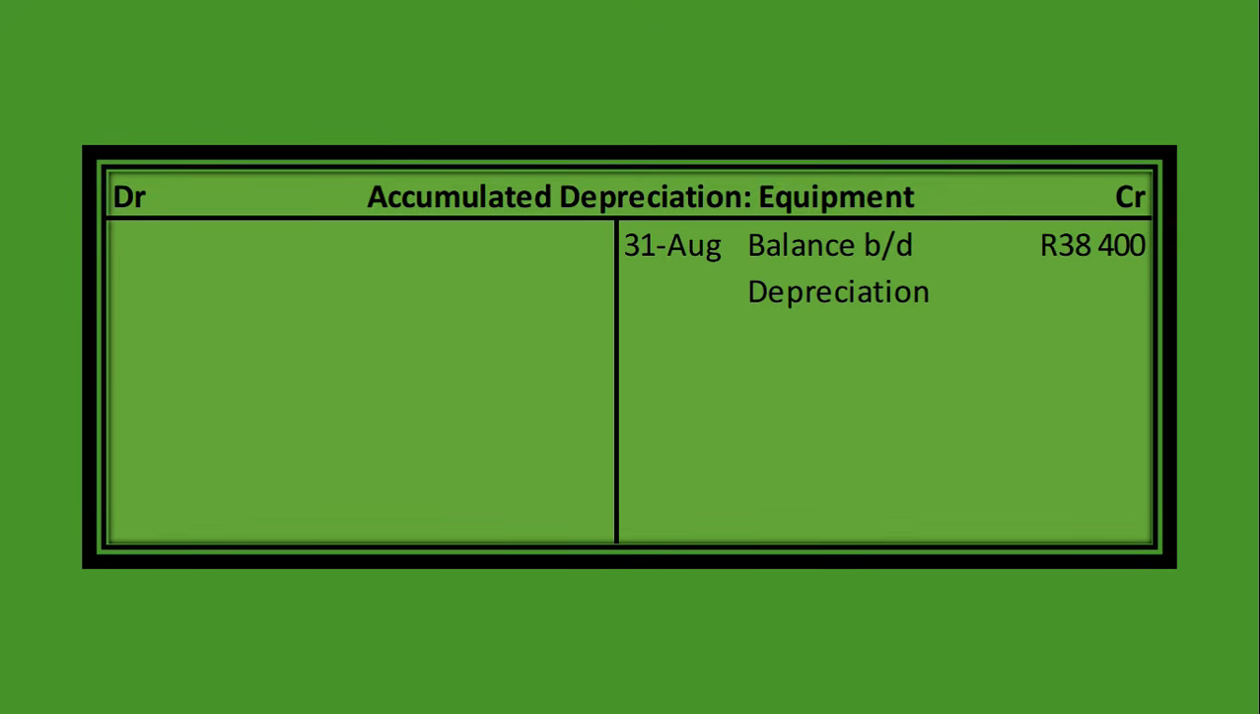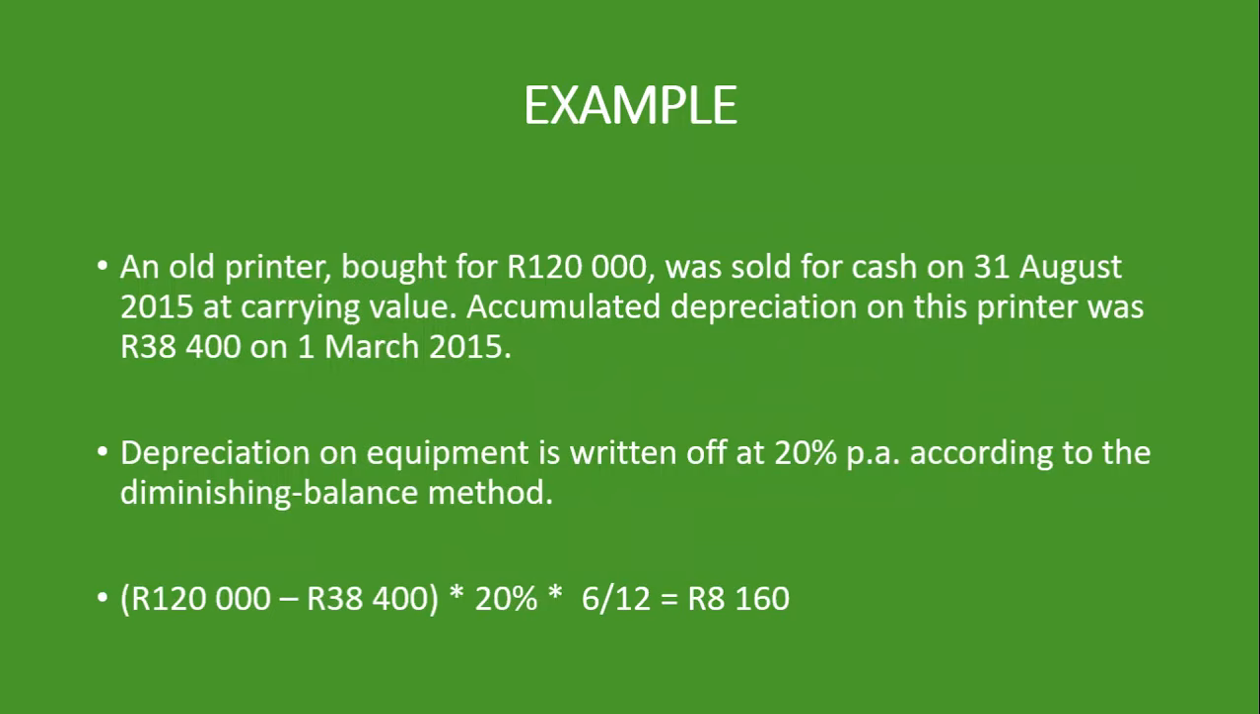Many students get it wrong, knowing how to calculate it well and how to count the months at which we are calculating the depreciation. But let's look at it. I've written down the formula here, the calculation of the depreciation for this current period. Well, we bought the asset at 120,000 rand. Remember, we're using the diminishing balance method, so we have to deduct the accumulated depreciation until the beginning of the period. So 120,000 rand minus the 38,400 rand accumulated depreciation multiplied by the 20%